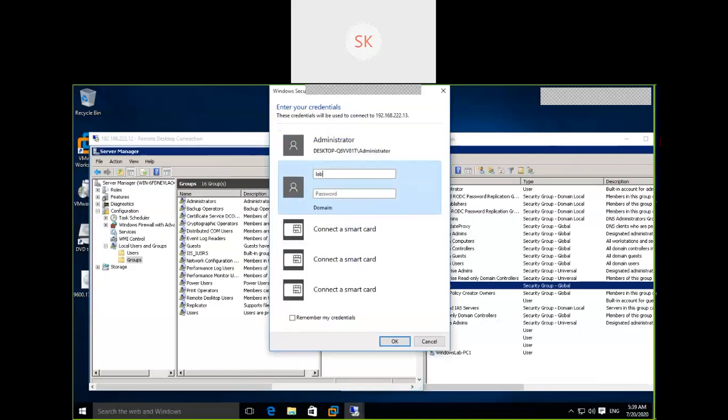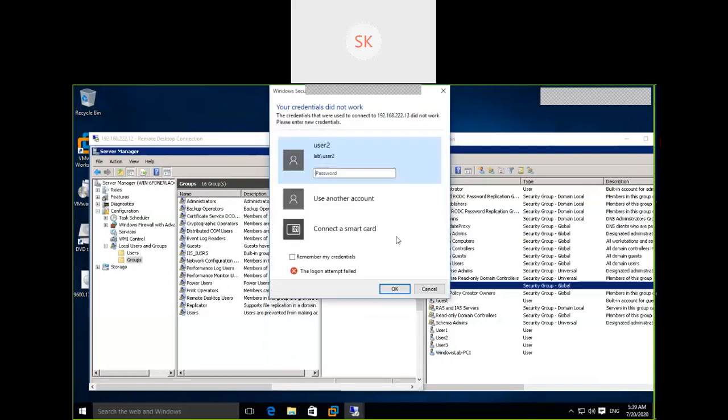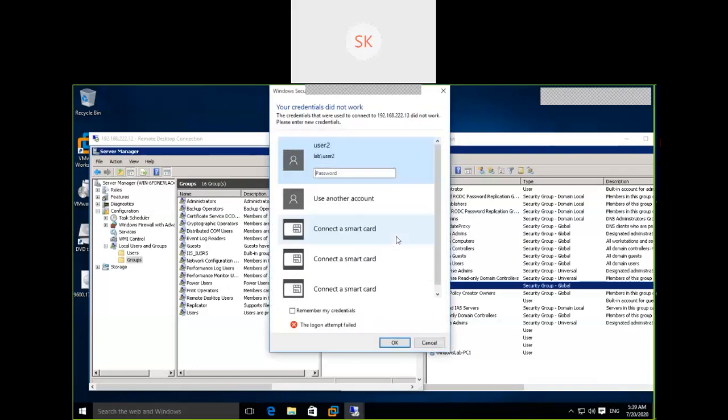There are certain limitations; we need to fulfill those requirements, then only I can use it. Log in locally. It is not a member server. It is a standalone server.